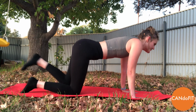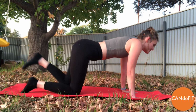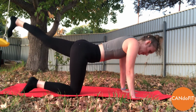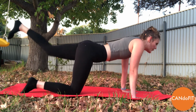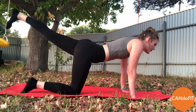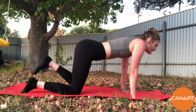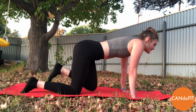Remember to square up through the hips, so like there was an imaginary pole across your back. We really want to try and limit the rocking through the hips. This is a tough one. Think about using those lower abdominals to draw the knee in, and then squeeze the glutes as we extend out